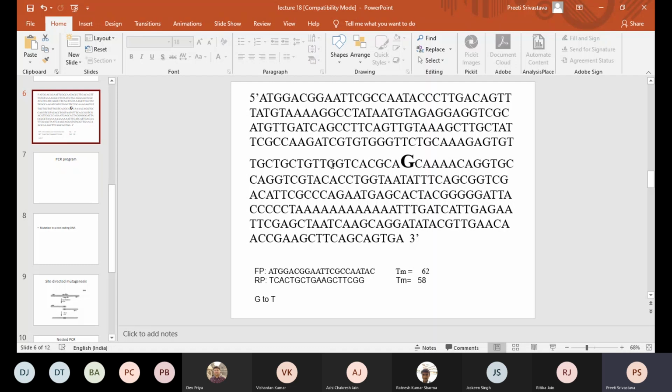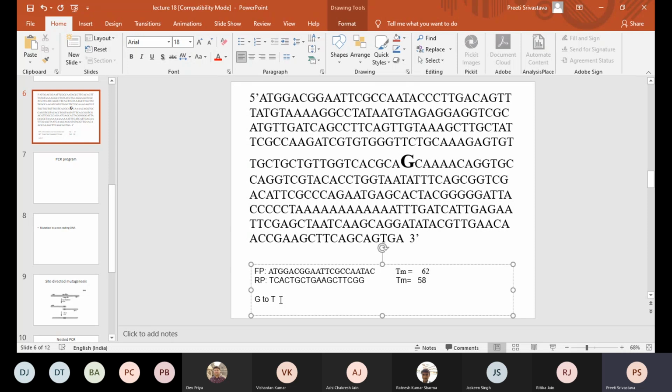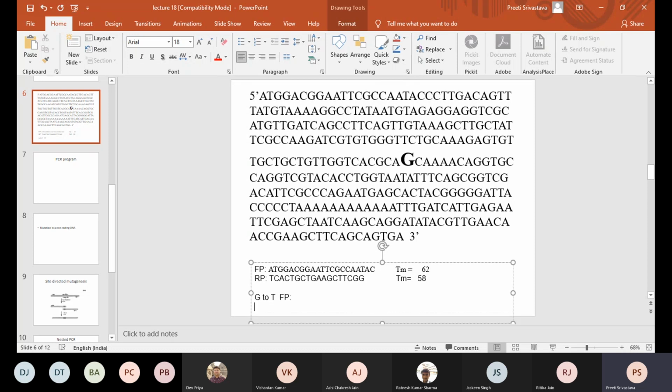So let's come back here. For example, if I want to make this G to T, then I will design another primer which is forward and another primer which is reverse. All you will do is that in the forward primer as well as in the reverse primer, you are going to substitute G with a T. Followed?